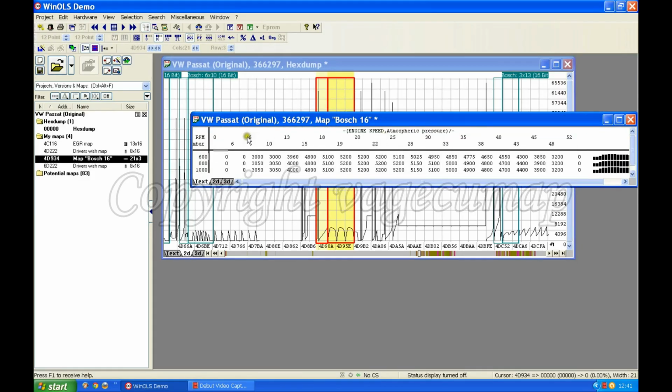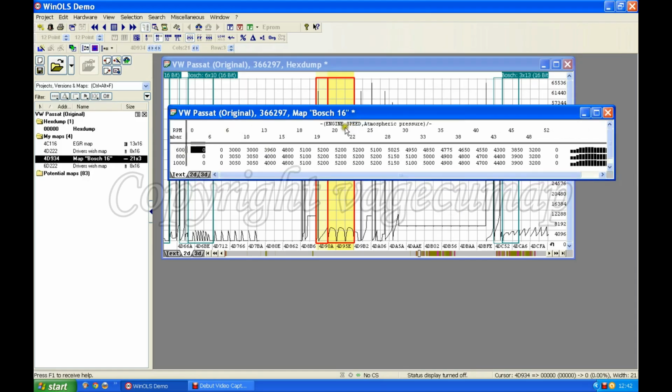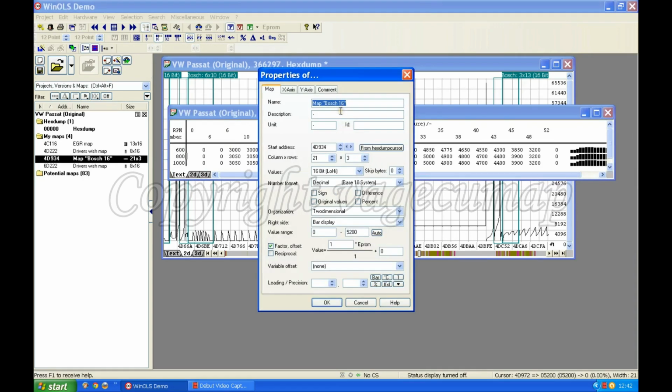Right, we've got the data. We know what it's called, so we'll just double click on there. That'll give us a chance to change the name. Now, lots of people call it the torque map. I prefer to call it the torque limit map or torque limiting map. The description of the map depends what you want to put here at this moment, because the torque limiting map